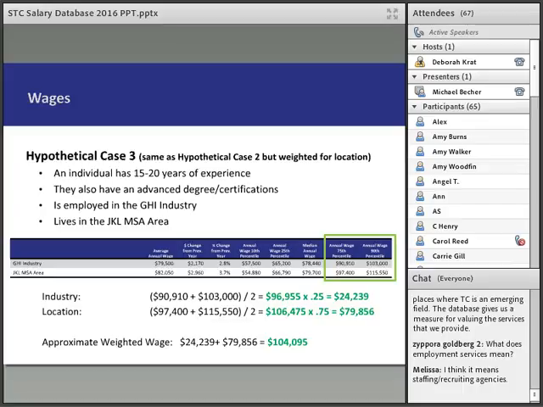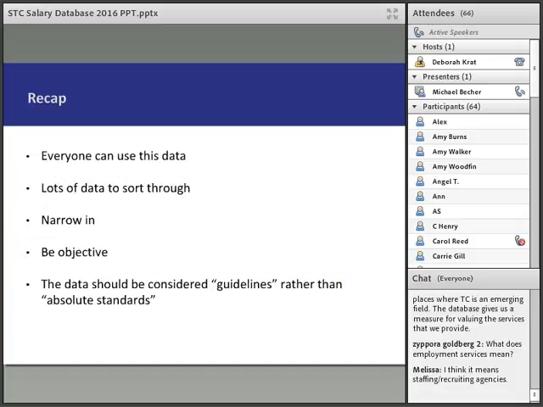So, these are just 3 pretty simple ways that you can use this data, using both industry data and geographic location data. Again, you want to look at the most granular level if you can. If you don't have it all the way down to a 5-digit NAICS code or a 4-digit NAICS code, just get the NAICS code that is as granular as possible. Same for location. If you have an MSA or state, you want to use the MSA over the state data if possible.